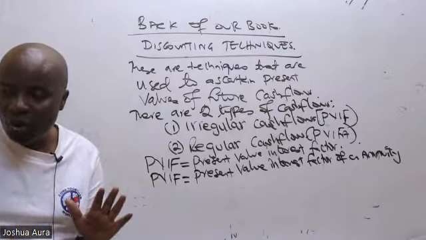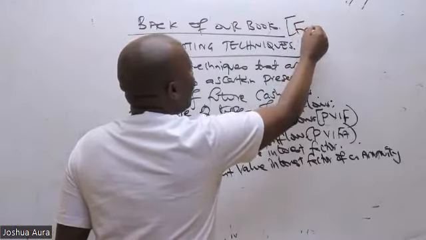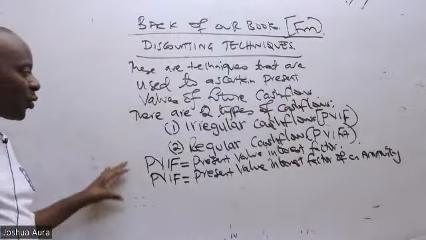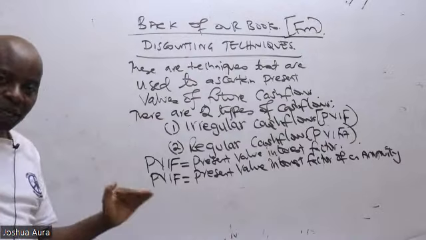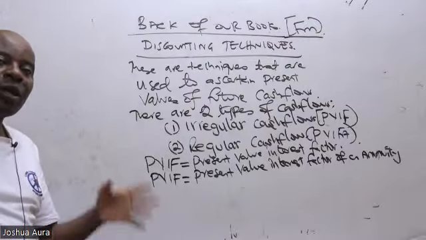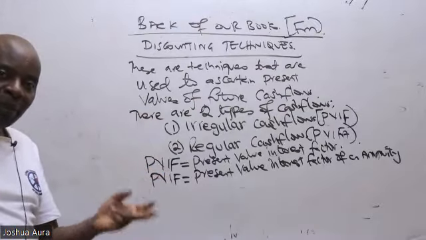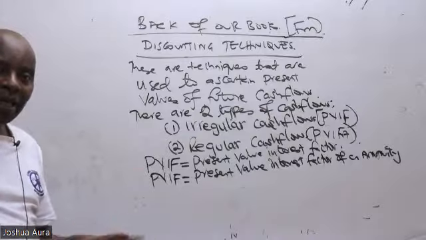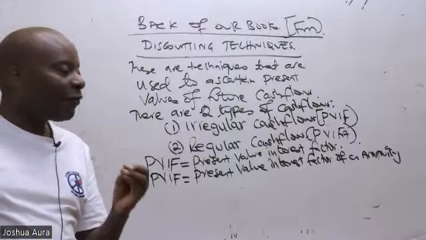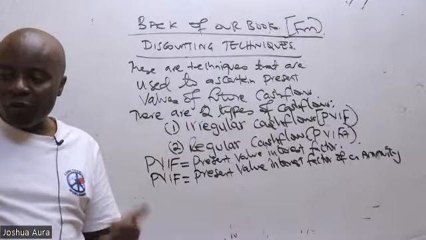So can I kindly know whether we are together up to here? Is there somebody who can tell me whether they have been able to write up to here? This is so important to me as I put down my foundation for purpose of doing a past paper question. You can't miss an exam question on NPV, payback period, discounted payback period, IRR, and all those particular models that I'm mentioning here. Of course, they need enough knowledge of discounting. Have you guys been able to write up to here?